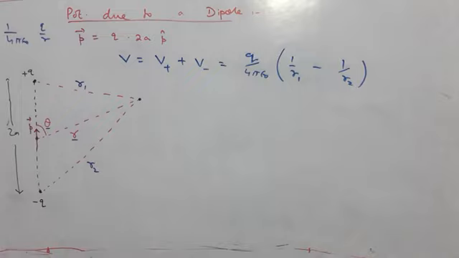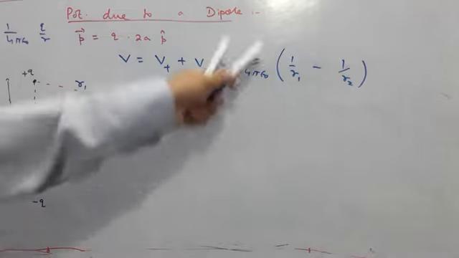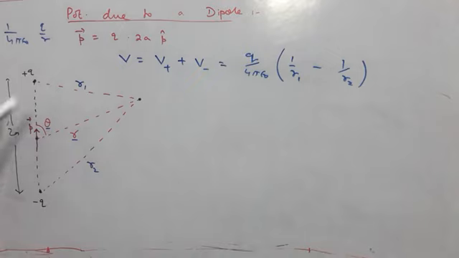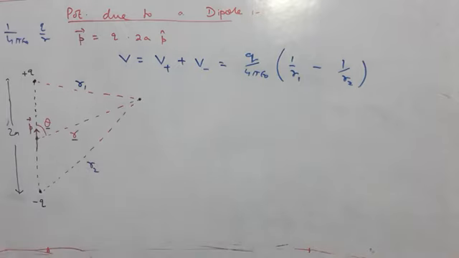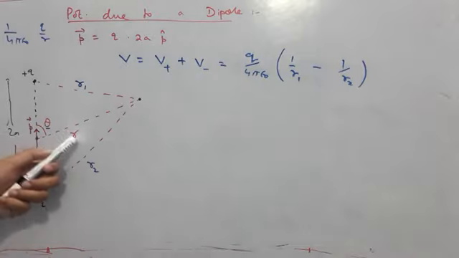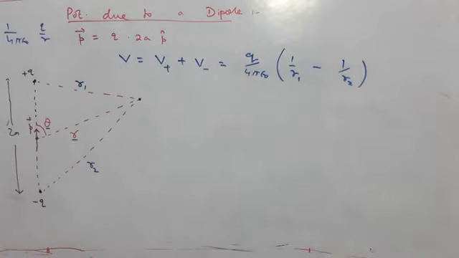Now this is the principle of superposition, which says potential at this point is equal to the sum of potentials due to these two charges. But as I told, we are not given r1 and r2. See students, physics finishes here. The rest is mathematical aptitude. So we have to express r1 and r2 in terms of r, theta and so on. How do we do that?